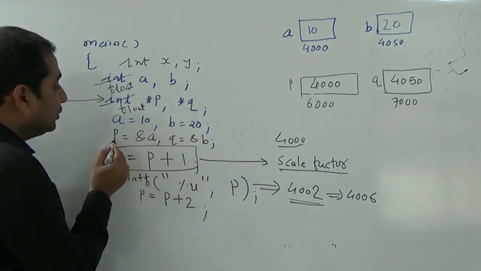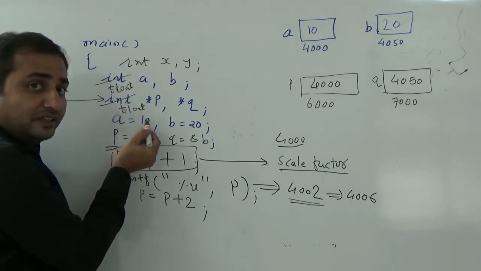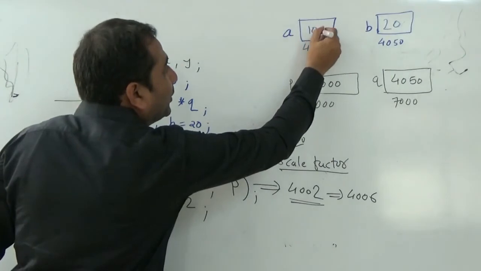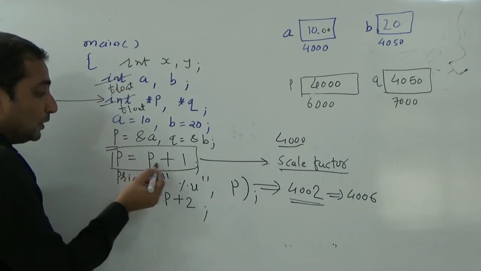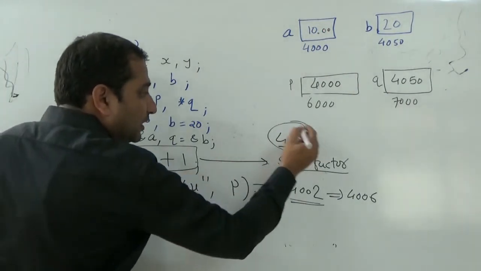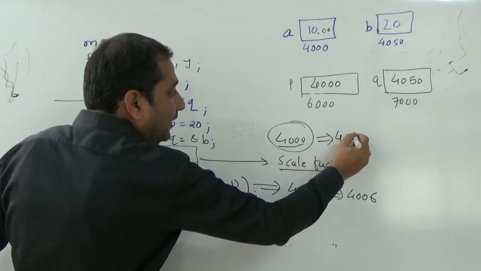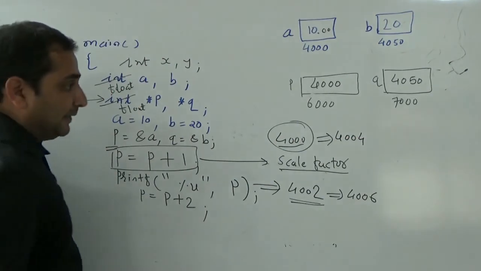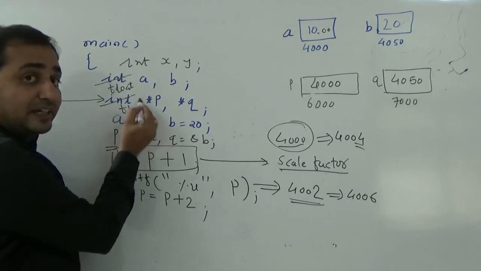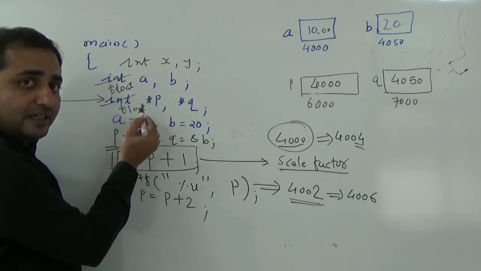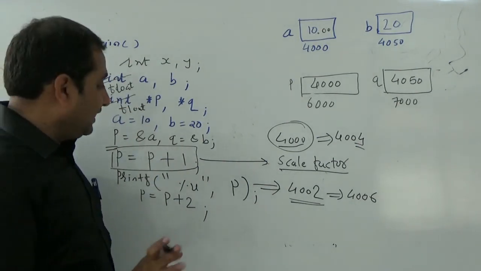So in this case, p is pointing to whom? p is pointing to a. What kind of variable is a? Float. Even though we have kept its value as an integer, it has been stored internally like 10.00 or something like that, right? So when you do p is equal to p plus 1, and initially p was 4000, now it gets converted into 4004. So my scale factor here is 4 because it depends on the data type. Similarly, in place of this float, if I write double, then my scale factor will be 8. This is what you need to understand. So this is what you mean by the scale factor in case of the pointer.